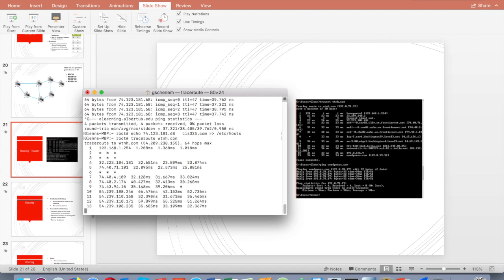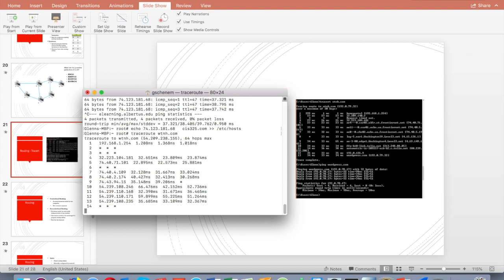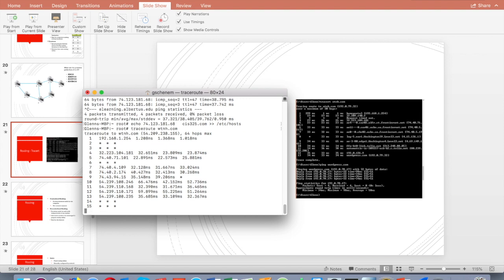And it's made 9 hops already. And it's really trying to get there. It's at 14 hops right now. It's not uncommon for one of these traceroute requests to time out after 30 hops.